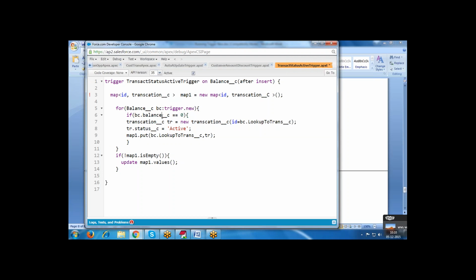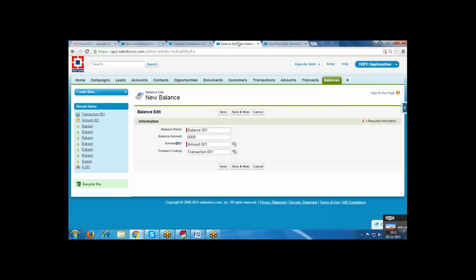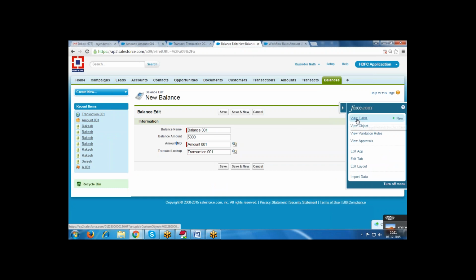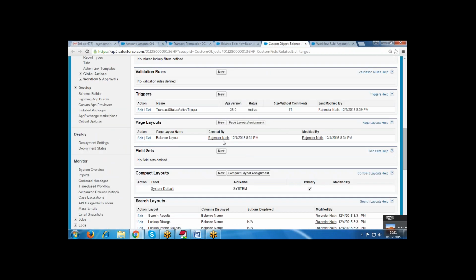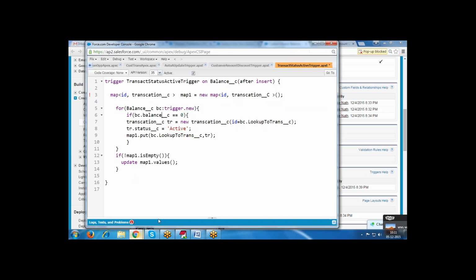The field name is balance amount, and the balance amount equals 5000.